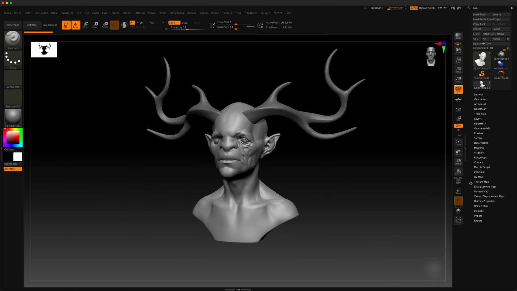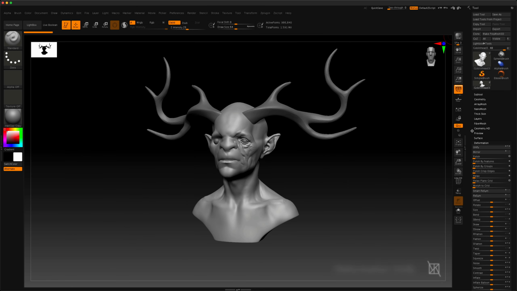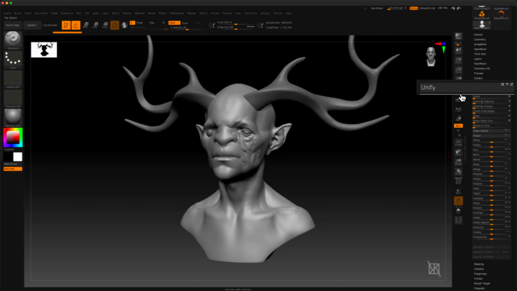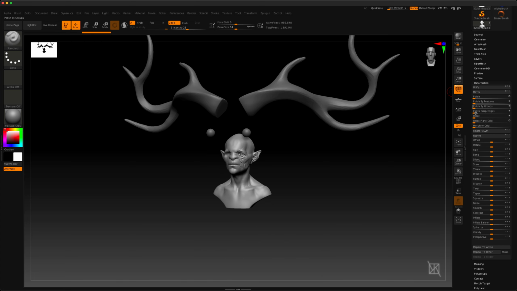So we've touched briefly on this Deformations palette under the Tool menu, but let's go through it a little bit more. The top button here, Unify, will resize the active mesh to fit inside of the default ZBrush cube size, which is a 2x2x2 unit cube. So if I click this right now, you're going to see that it's resized my active subtool to fit inside